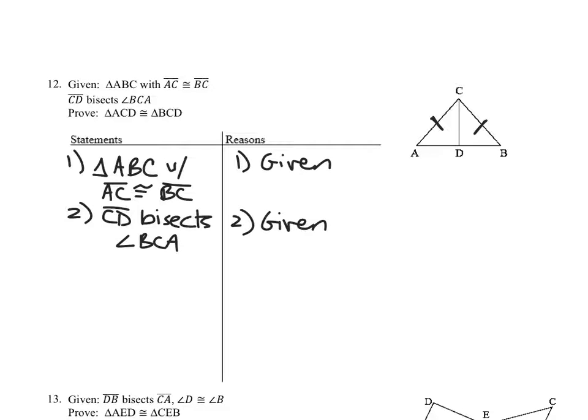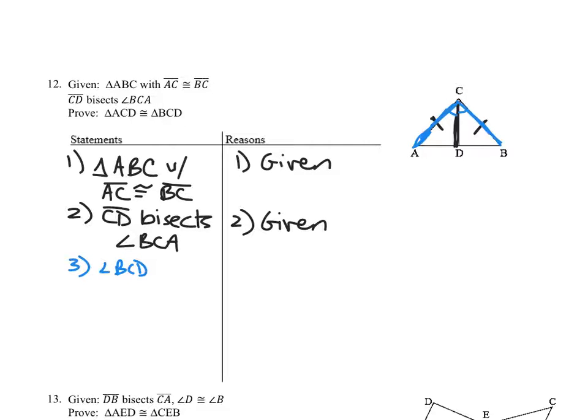All right, CD, that's this line segment, is going to bisect BCA. So starting at B, we're going to C, and traveling to A. So that's this angle. That's the one that's getting cut in half. So these two angles are going to be congruent to one another. All right, so that's my first conclusion. I can say that angle BCD